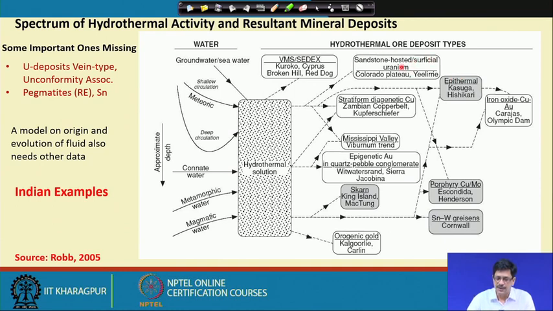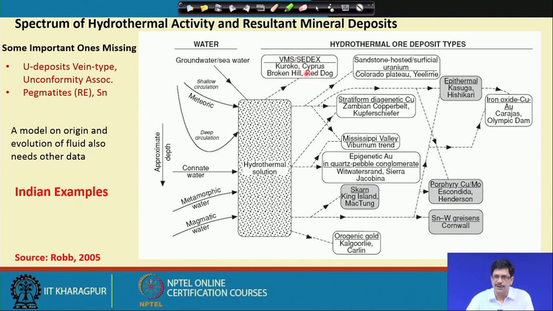The sandstone hosted, tabular type Colorado Plateau uranium deposits, often of late there are some deposits in the northeastern part of India coming to be known. As we know, the Indian shield as well as extra peninsular India still need to be explored for the occurrence of many types of deposits. And the VMS, the volcanogenic massive sulphide deposits, typically the Kuroko type and the Cyprus type, they also are not very well known.